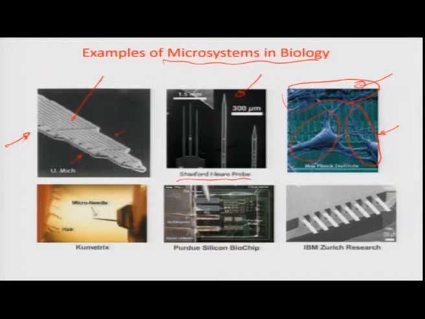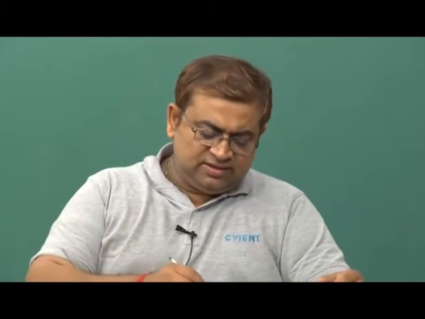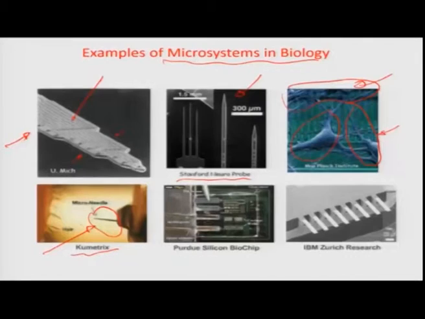This right here is a micro needle. It is again another example of how micro and nano systems go into helping the humanity through interaction with the human side. We all know how painful it is to inject something intravenously into babies, for example, or even into old age people or normal human beings. Some of the people are very afraid of painful injections. So, this injection right here is rhyming very well with the injector on a mosquito, and therefore,